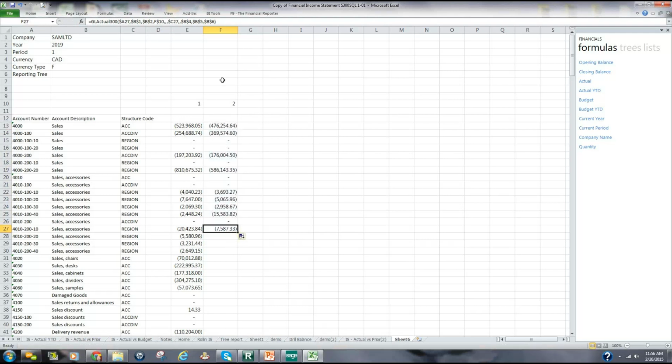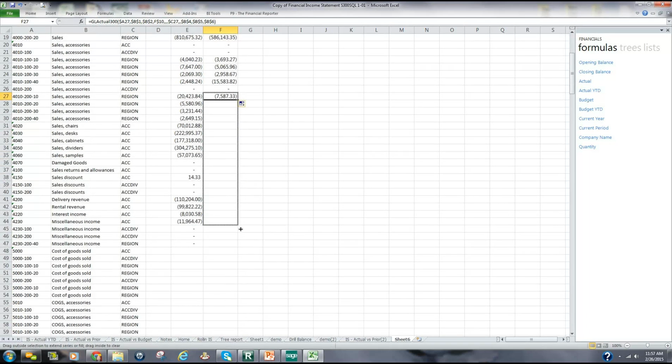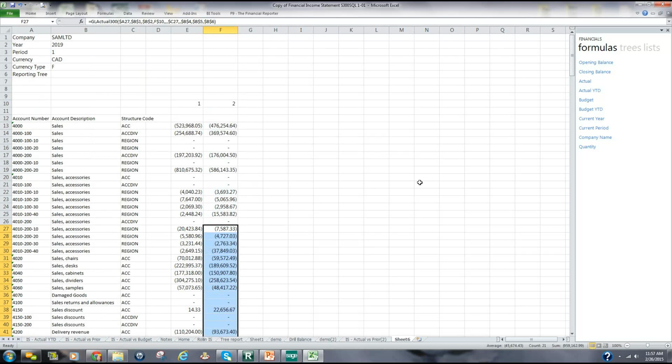And if I want to audit that, I can look here and I can see that it is looking exactly where I want it to look. Okay? So let's drag this down the rest of the way. Stick with the revenue for right now. Okay, and